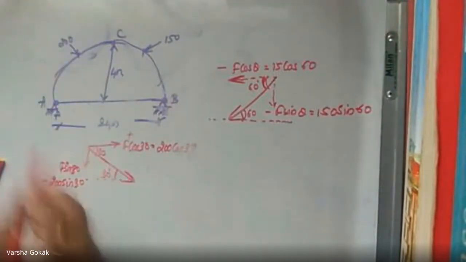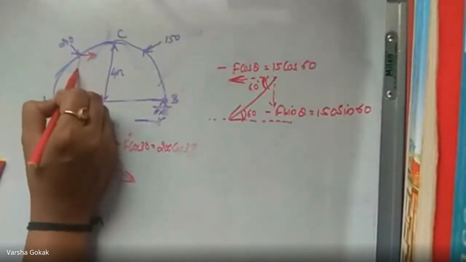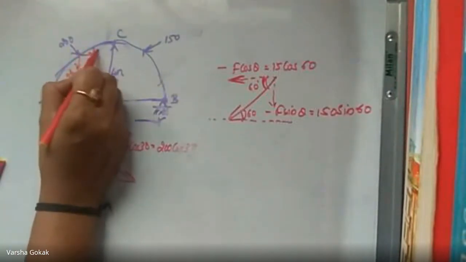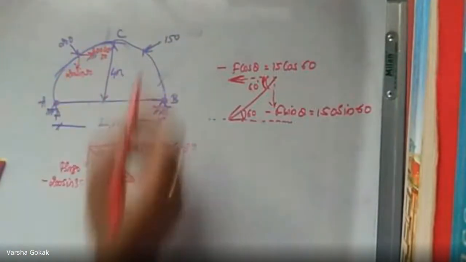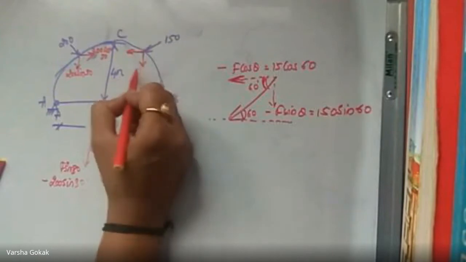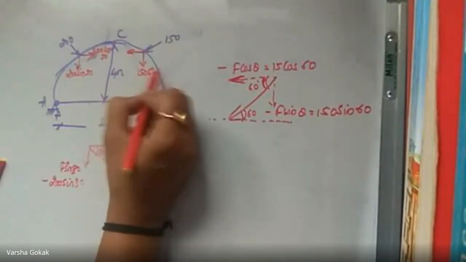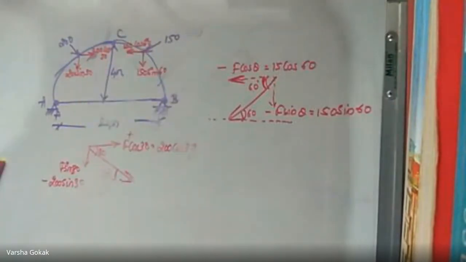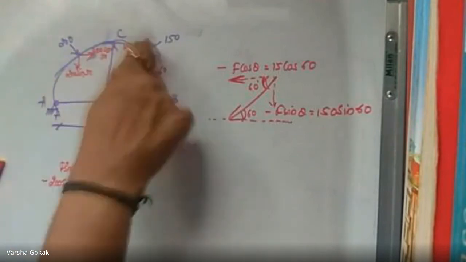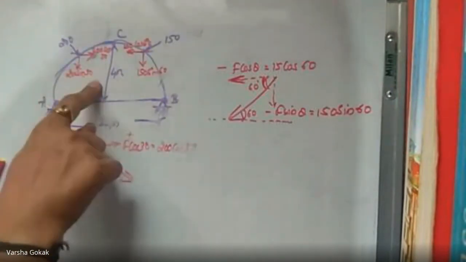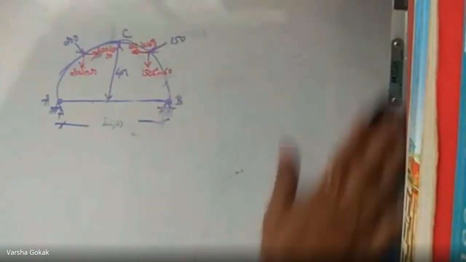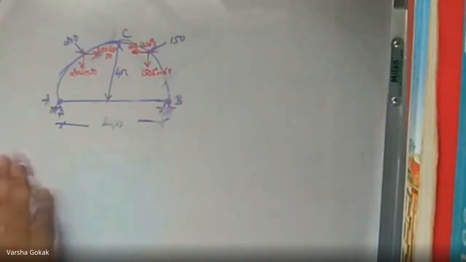Now the resolved ones. One is like this, one is like this. So this is 200 sine of 30. This is 200 cos of 30. This 150 goes like this and like this. So this is 150 sine of 60, and this is 150 cos of 60. Okay, so now how many forces do I have? 1, 2, 3, 4 forces, 2 horizontals, 2 verticals, and then your regular reactions. Any doubt till here? No, ma'am. Okay, great. Now once this is done, everything else will remain the same, right?